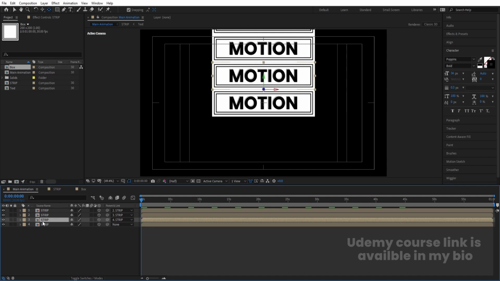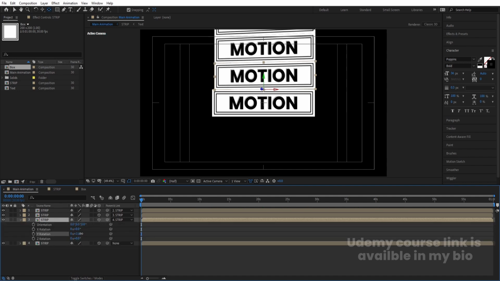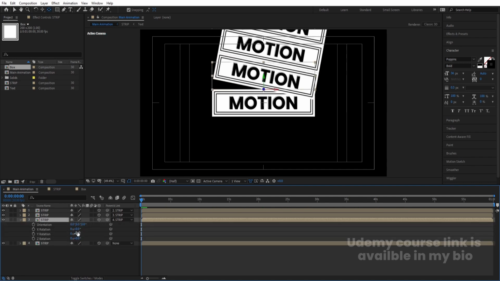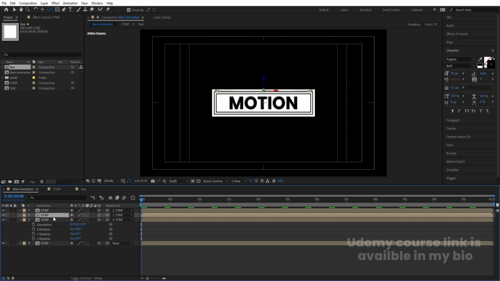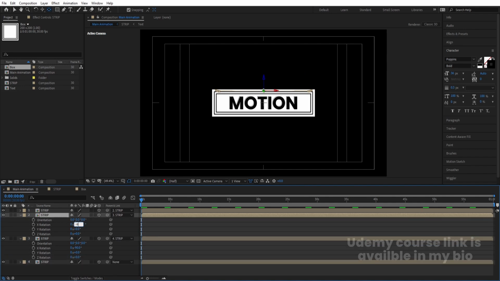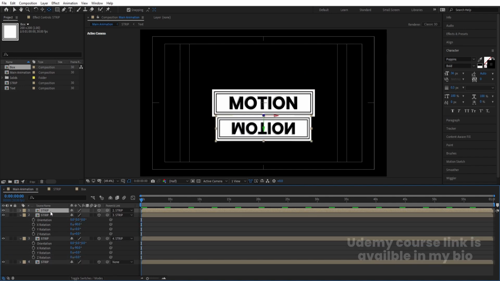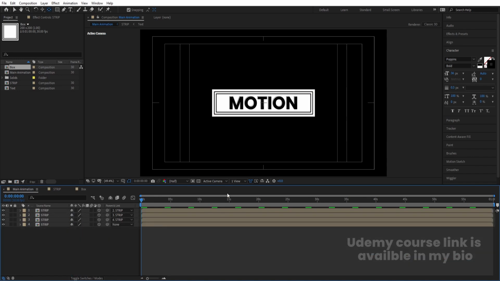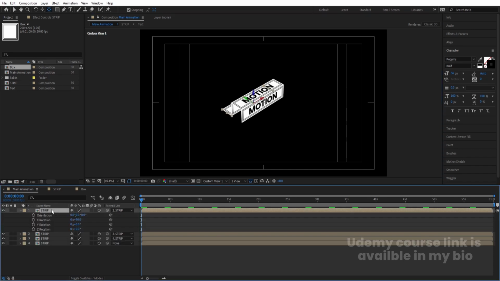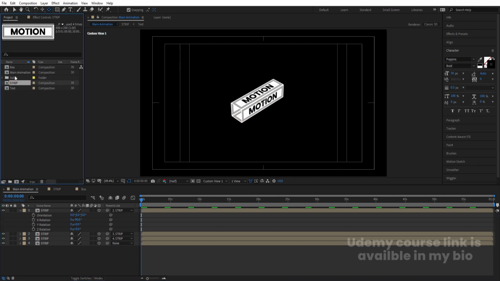Now select this third one, press R for rotation, and we need to rotate it on the x-axis. So let's make this -90. Select the strip, press R, let's make this -90. Select this strip, press R, and let's make this -90. Okay, and if you see this in custom view, you will get something like this. Select this, press R, sorry, make it -90. Okay, now I'm going to bring my box over here